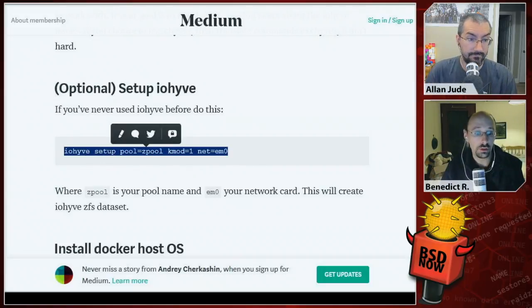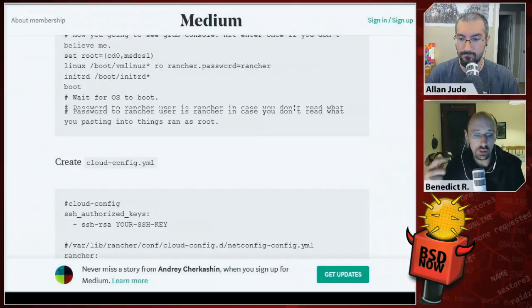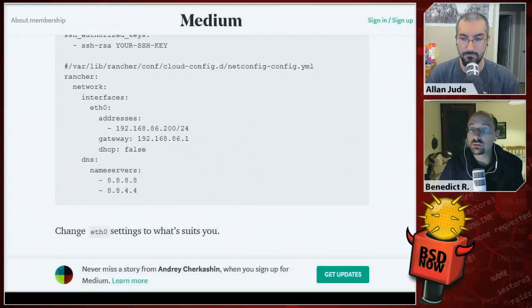Then the tutorial does some basic configuration of Rancher OS and some housekeeping in IOHive to make Rancher OS come up unattended at boot. So the whole point of this guide is to reduce the pain, and using the Docker CLI is still painful. There are a lot of web UIs to control Docker. Most of them include a lot of orchestration services, so it's just overkill. Portainer is very lightweight, can be run even on a